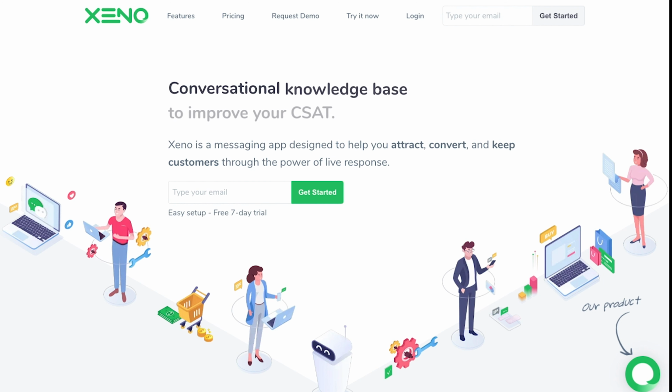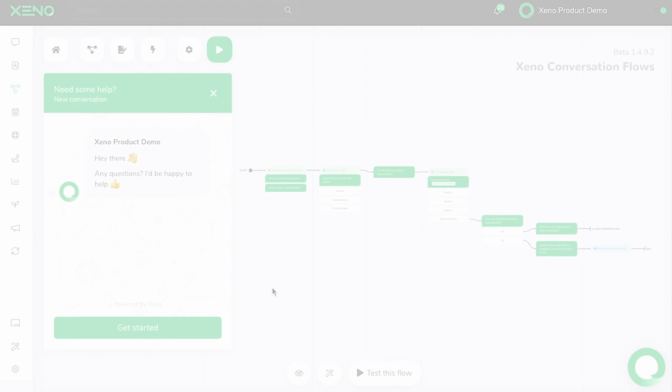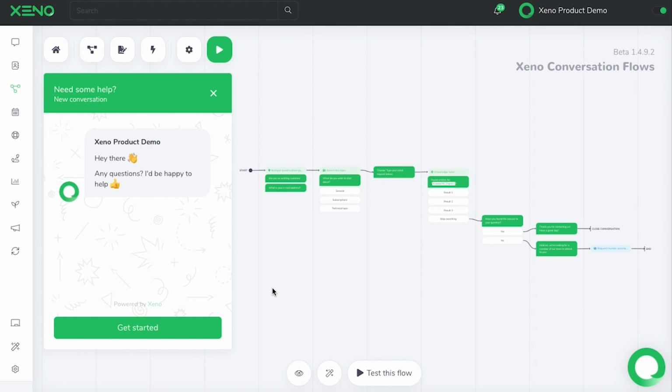In this tutorial, I'm going to tie several Zeno features together to automate the way you answer a customer's question, making way for a seamless flow of conversation with your contacts. So what exactly is a conversation flow? Through our Conversation Flows feature, you can offer your contacts a custom conversational experience by creating automated conversation flows.